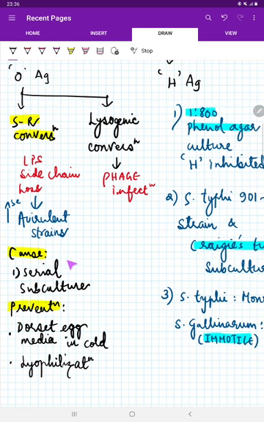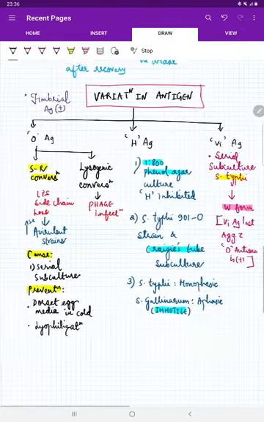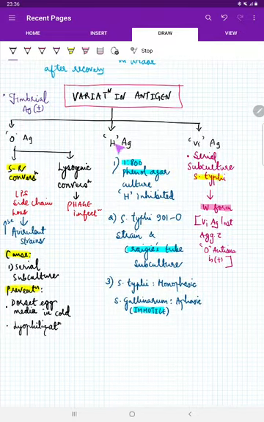How is the lipopolysaccharide side chain lost? Because this can happen on serial subculture. And how to prevent it? By doing a Dorset egg media culture in the cold. We can prevent this LPS side chain loss and prevent the SR conversion, and as well by lyophilization we can prevent this change. So thus the variations in antigens are covered. So O antigen, H antigen, Vi antigen. For the Vi antigen we need to remember the W form. For the H antigen, 1 in 800 phenol agar, Craigie tube, and motility. For the O antigen, SR conversion happens basically by serial subculture, and by phage infection there is loss of this O antigen.